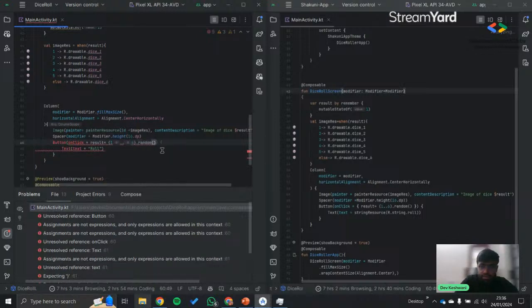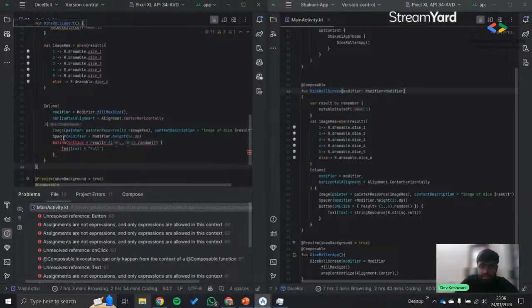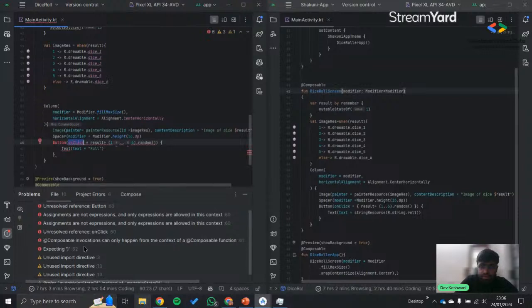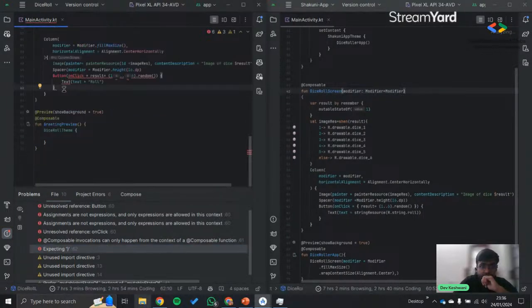Okay. Yeah. This is how we'll do it. Basically, on click will call this, which is responsible for choosing any random value between 1 to 6 from this range. You can import random if it's not imported. Check. Okay, we're missing the